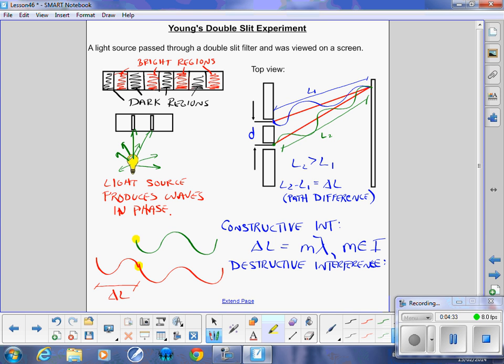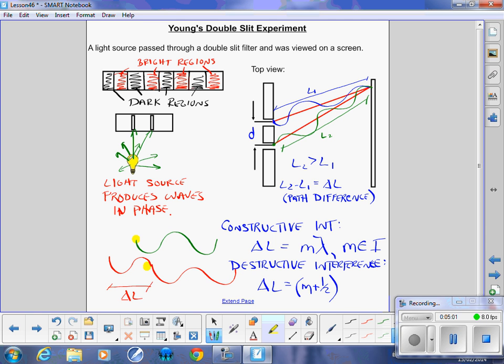So same diagram off to the side here. Delta L would equal... so I'm going to slide my red drawing over. And now I have crests and troughs matched up. And now all of a sudden, that delta L is equal to half a wavelength. All right. So how we write that up then, we have m, one wavelength plus another half wavelength. So we